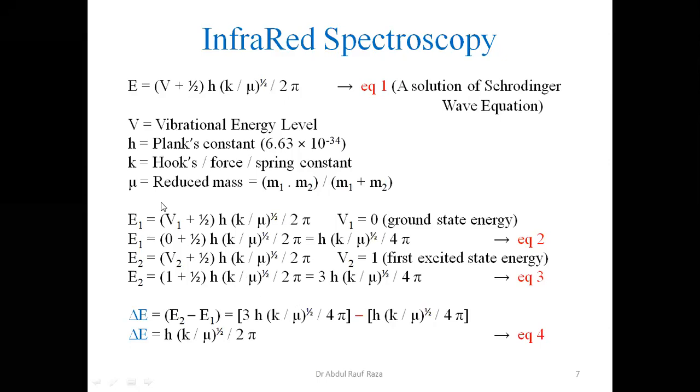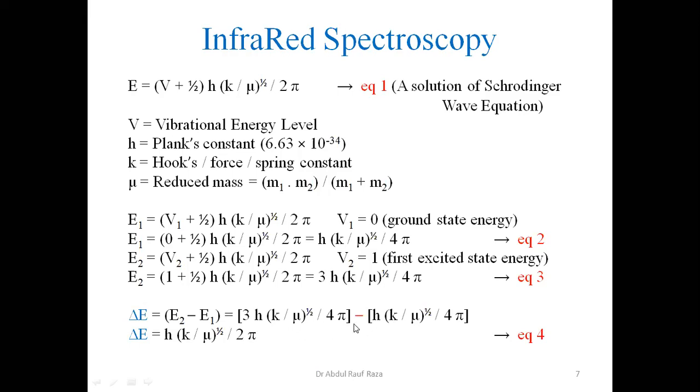So it doesn't matter which two energy levels we are having. It may be ground state to first. You see, it is 3 minus 1. Now let's say V1 is 1, V2 is 2. If V1 is 1, it shall be 1 plus half, meaning it shall be this value here, right? If V2 is 2, we shall have 2 plus half, meaning 5 by 2. So we shall have 5H and this factor. So when we take the common 5 minus 3, again the answer shall be 2. If it is 7 minus 5, again the answer shall be 2.